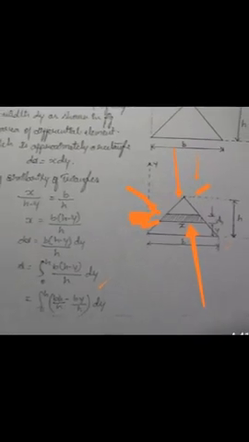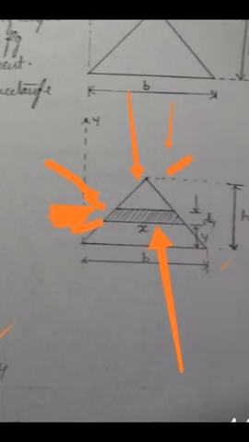This is another derivation for finding the center of the triangular section. Same as in every problem, you have to find the smallest strip area. From that, integrating the smallest area, you will find the centroidal distance x bar and y bar.